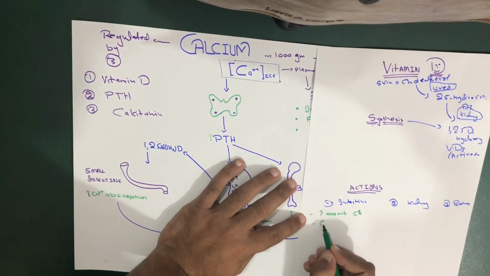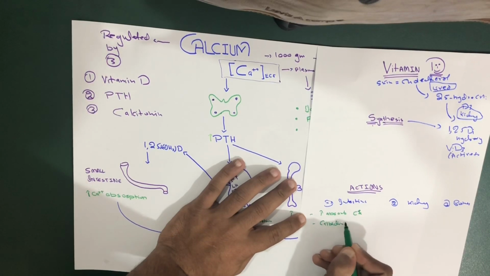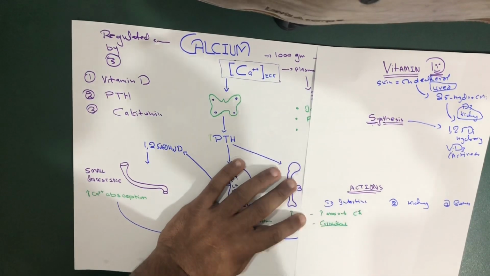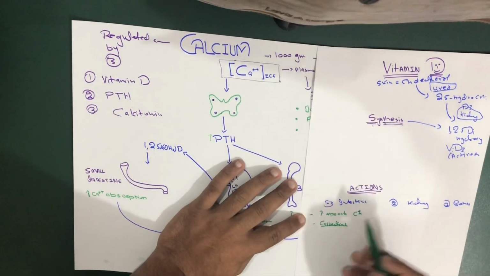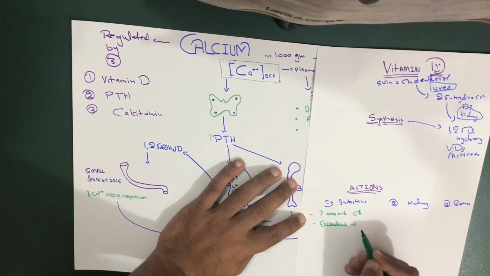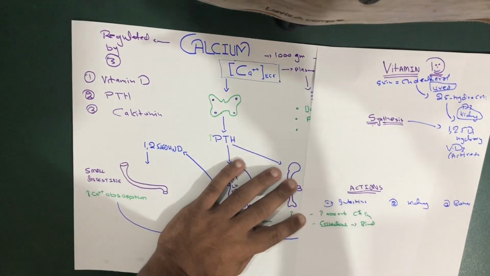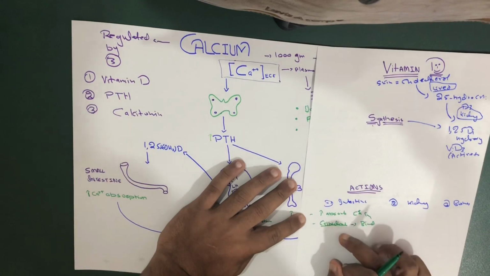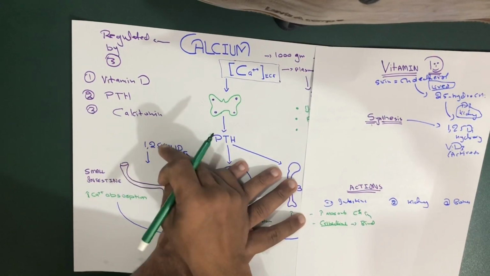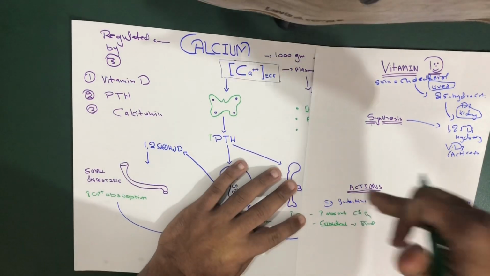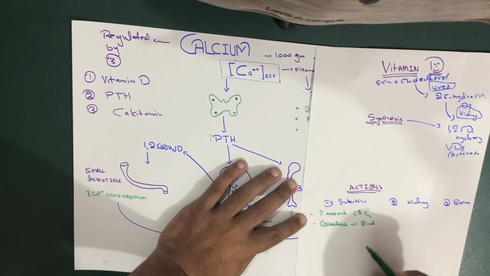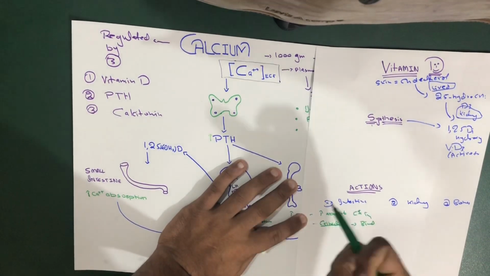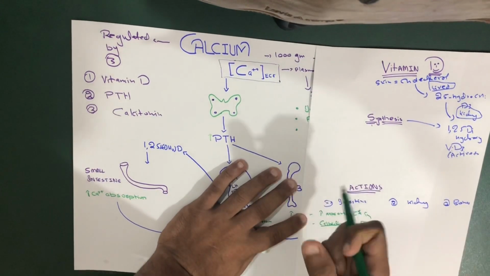Calbindin is a protein, and when the vitamin D3 acts on the small intestine, it increases the amount of this protein, and this protein is going to bind with the calcium and helps in the absorption. Without this protein, the calcium cannot be absorbed. So vitamin D3 goes into the small intestine and makes it release calbindins, which bind to the calcium, and the calcium is absorbed in the